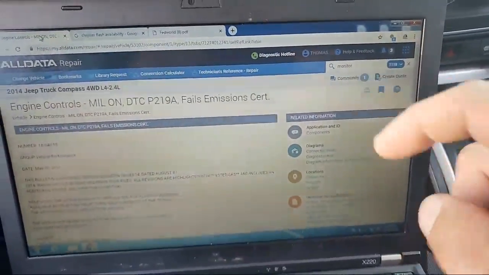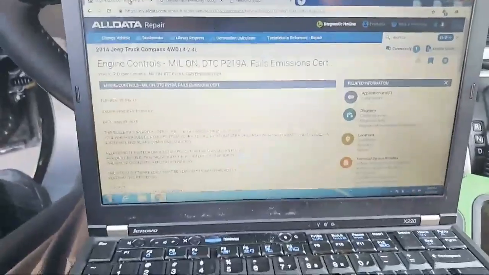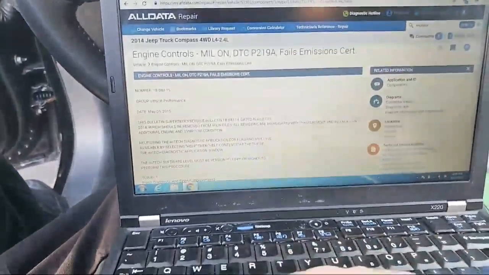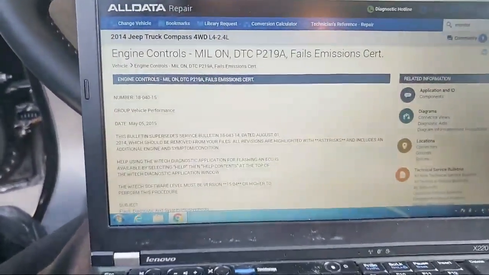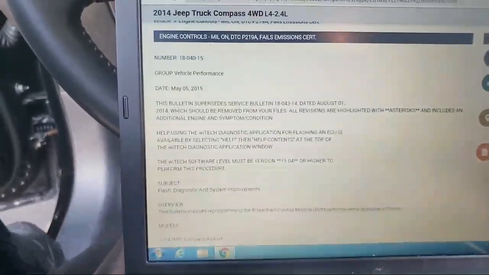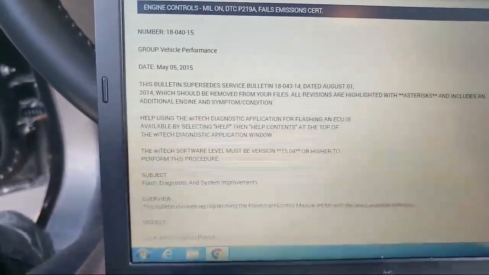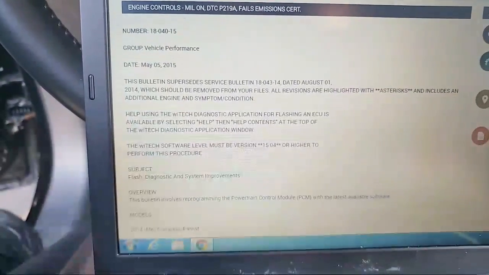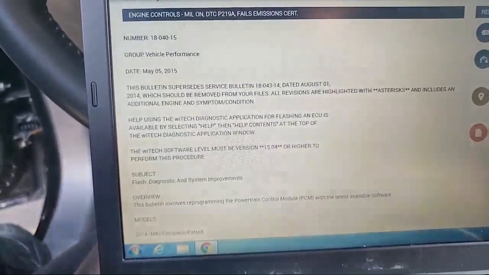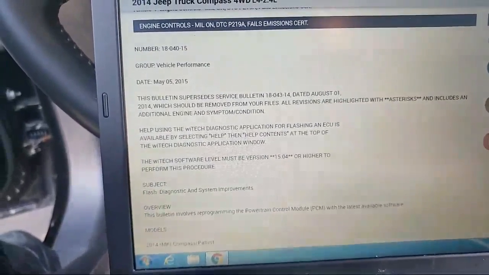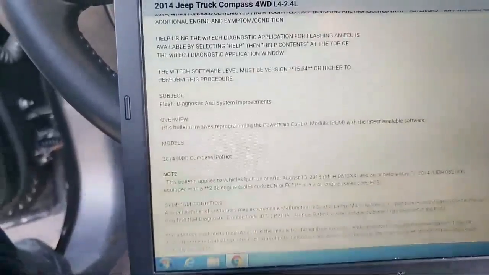One of the things I wanted to see was whether or not we had any bulletins. So all I did was I searched the word monitor. And at the very bottom, it gave me a list of all my technical service bulletins. It is a Jeep Compass, that's right. As I came through here, I started reading through this, and it says this bulletin supersedes another one. It says the vehicle fails emission certification or sets code P219A. And